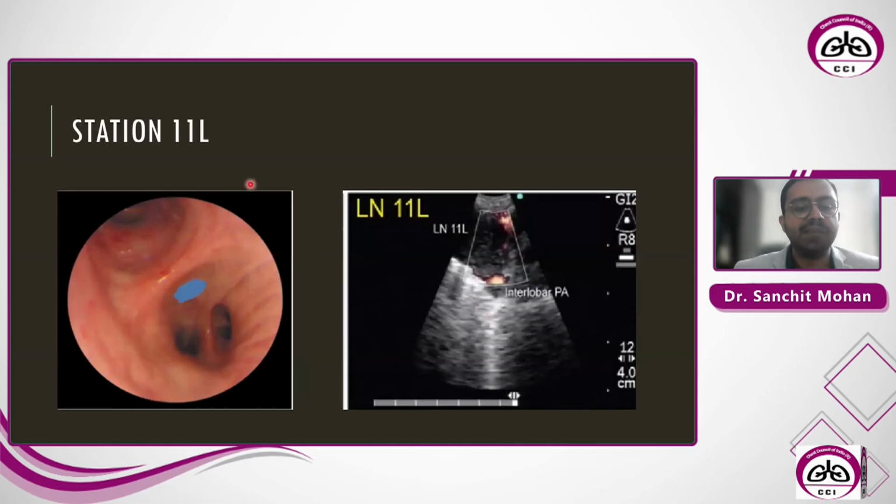Now going to station 11L. So station level for station 11L, this is the endoscopic image of left main bronchus. This is the left carina 2. This is the left upper lobe opening and this is the left lower lobe opening. So just at the level of left carina 2, you will be able to screen for the station level 11L